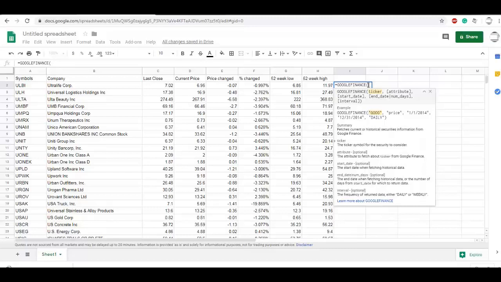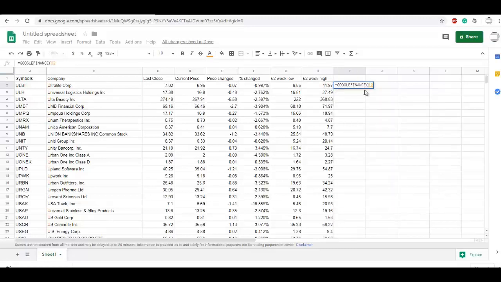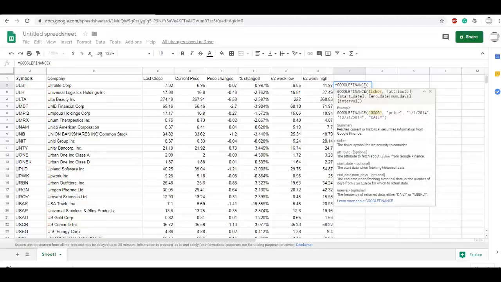Okay, so in this example, I'm going to choose Ultra Beauty. I don't know what this is, but I'll just pick up Ultra Beauty, which is ULTA,